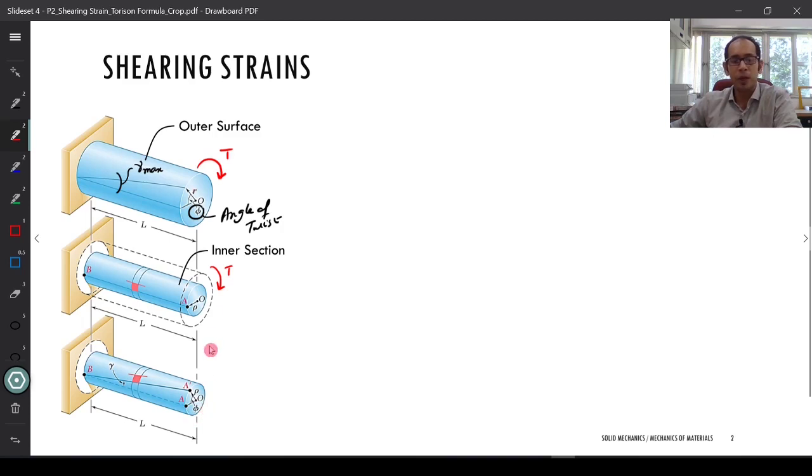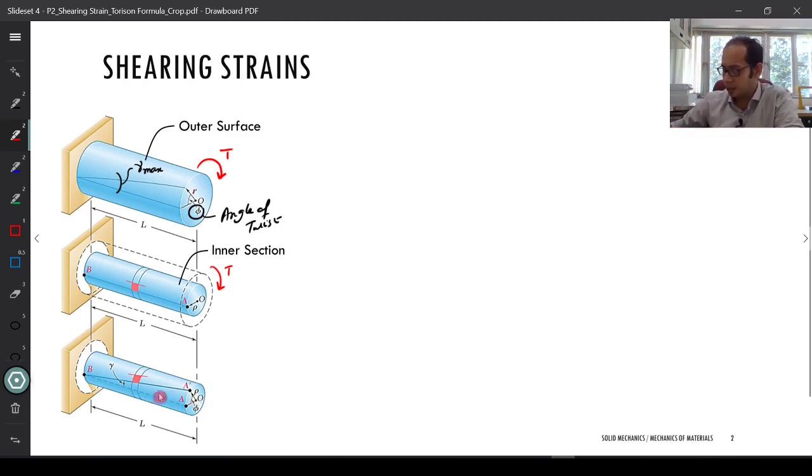Now remember, whether you are looking at the point on the outside or the points on the inside, this phi remains the same. Phi is just the angle of twist. It is just that the points on the outside move more relative to the points on the inside, right? Now coming back to this one again, if we have to write some of the formulations,